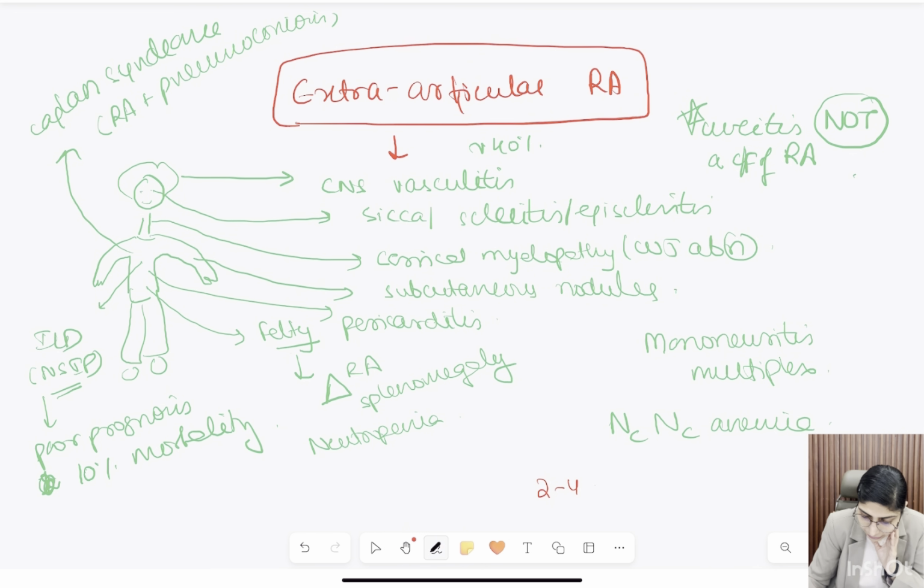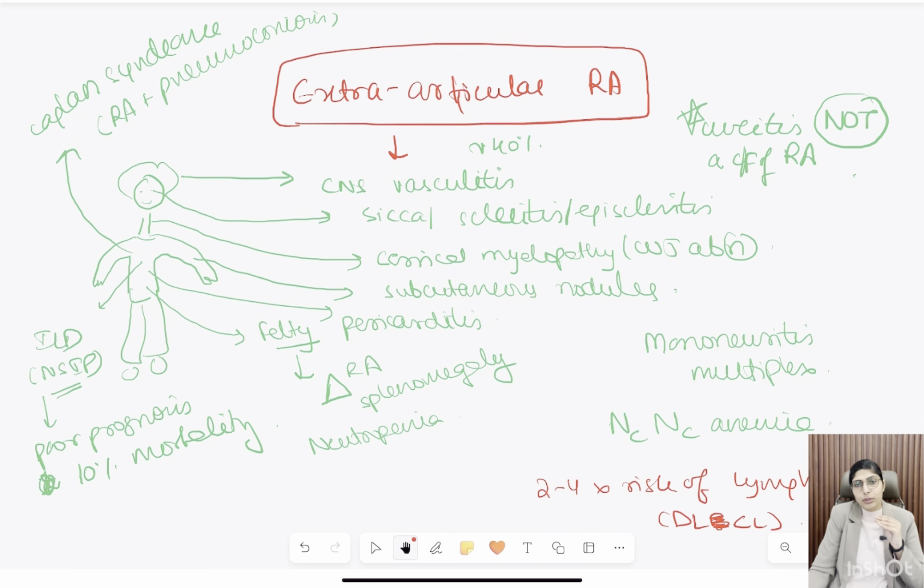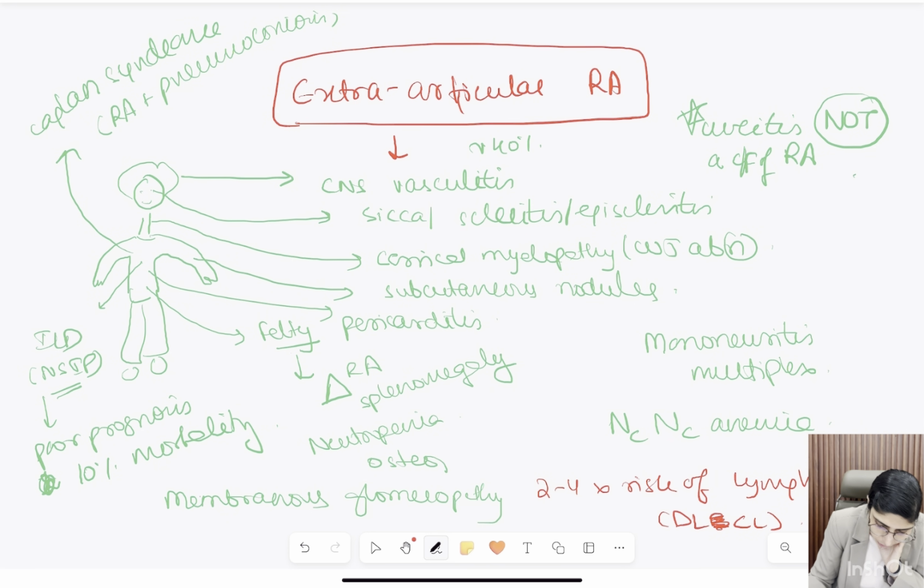One important thing: the risk of lymphoma increases 2 to 4 times, mainly diffuse large B cell lymphoma. Oh, sorry, not B cell, it is the T cell disorder. So diffuse large cell lymphoma, we only say DLCL. In the kidneys, there is involvement of the glomeruli, leading to membranous glomerulopathy. RA is also a risk